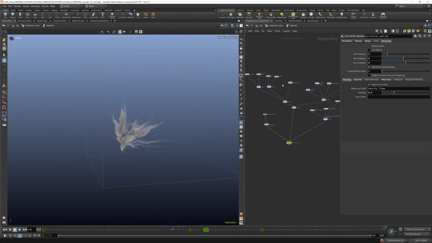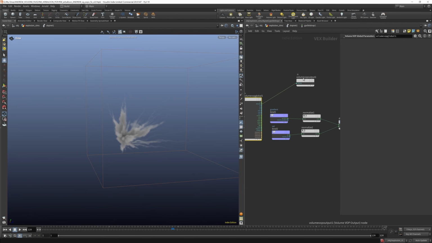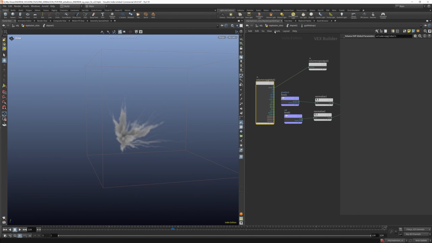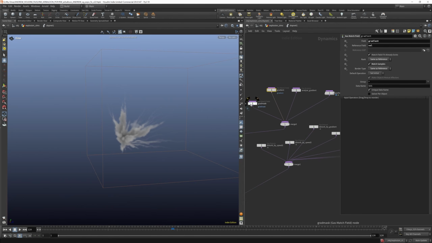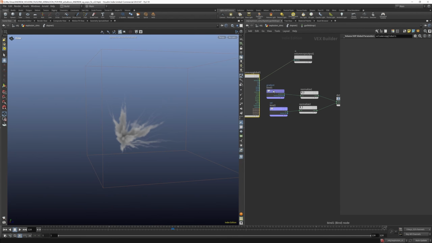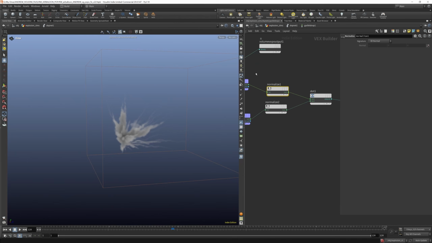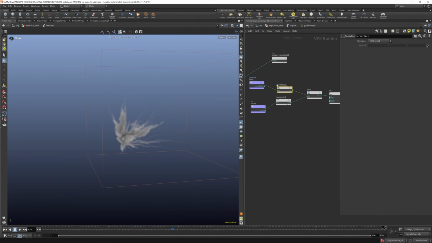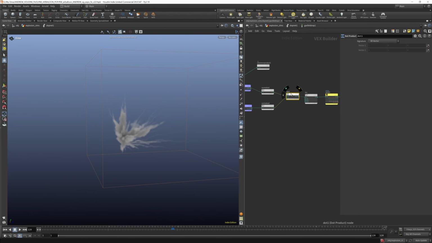And let's take a look at how this mask is actually being created. So we've got this gradient. We've got that being analyzed here. So that's based on the velocity, and this one's based on the density. So what we're doing is we're computing the gradient, we're normalizing that, so we're making sure that the values are between 0 and 1. Same with our velocity, and we're computing the dot product of these two. And what that means is,